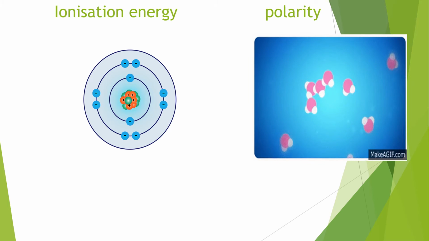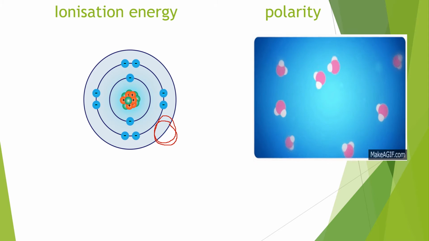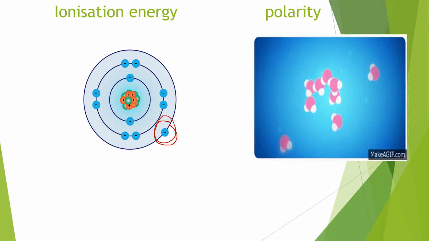See, this is ionization energy. For example, I am showing because we already studied this in the previous chapters. This is the ionization energy. The electron in the outermost orbit present here tends either to receive another electron or to move away from this orbit. And if it is going to mix with another atom, then the particular atom gains energy. It is gaining an electron from another place, it is going to get negative, and that is a reduction process, and this is polarity.